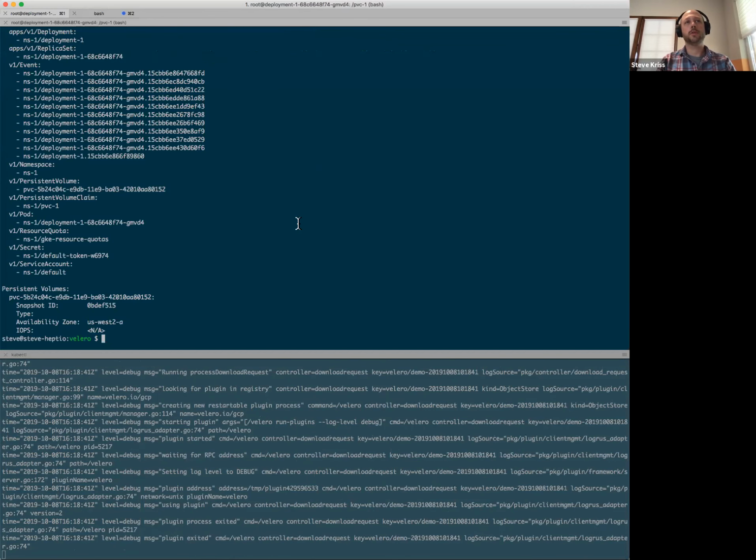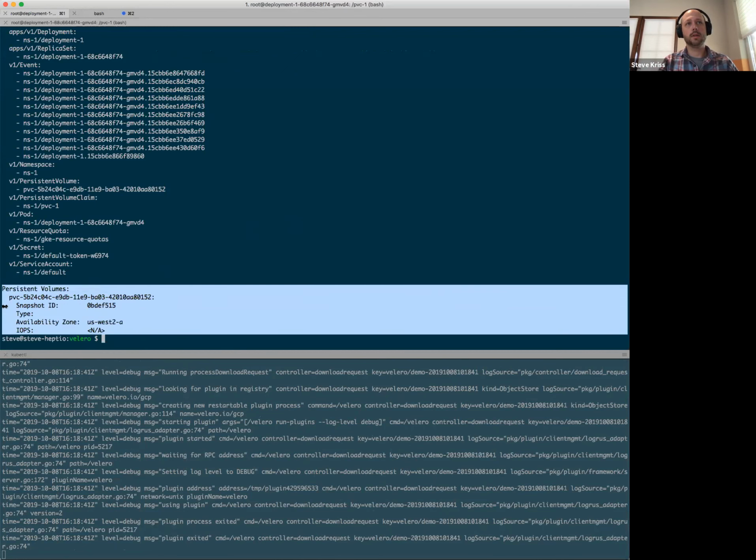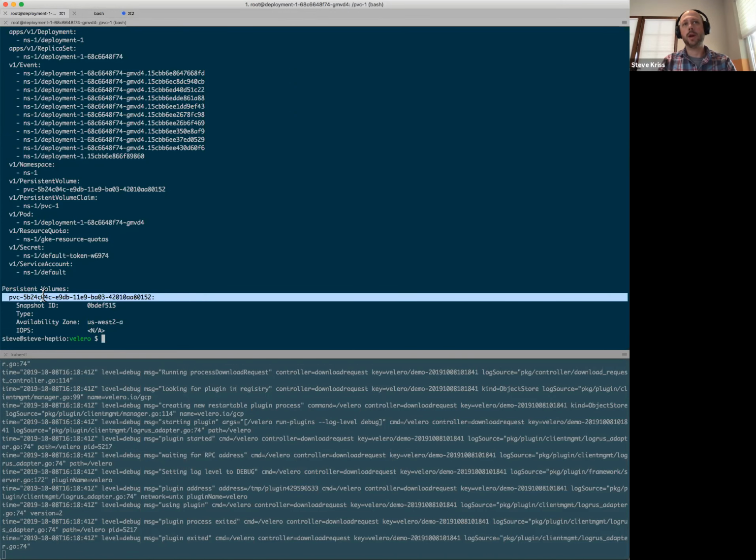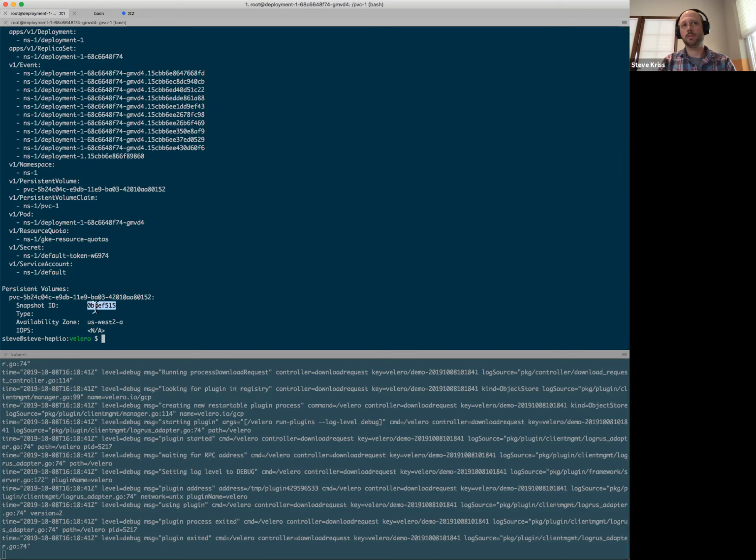If I do a describe on it with the details flag, normally if you're using Restic, you'll have a section at the bottom that says Restic backups or pod volume backups, but you see that you don't get that with this one. Instead you get the normal persistent volume snapshot section. We have the persistent volume that was backed up, and in the snapshot ID field, normally if you're using, say, the GCP snapshotter, you'd get some GCP identifier here.